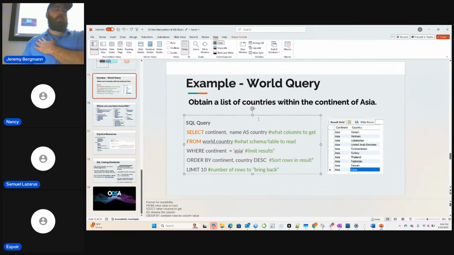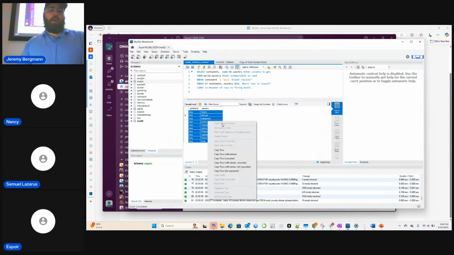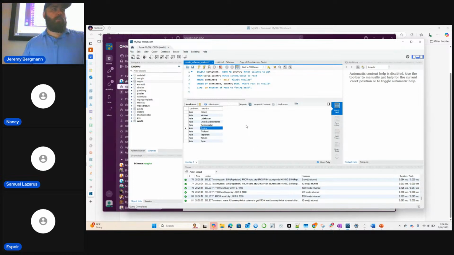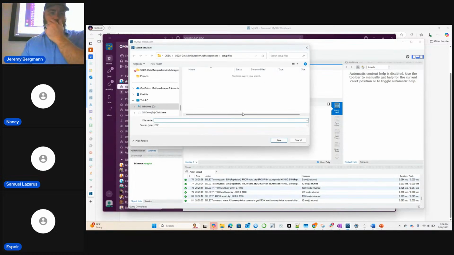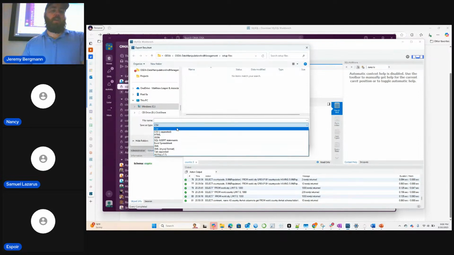What do you do with the results? Do you run the query and you see it, like an Excel spreadsheet? You could do a couple things. Sometimes I just copy everything and put it in an Excel sheet when I'm writing a query and I want to do my own analysis. You can export. There's an export option. You can export it in a few different formats. You can do CSV, and you can do an Excel spreadsheet too.